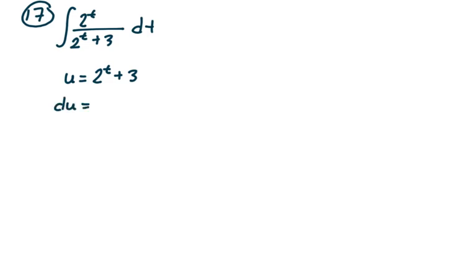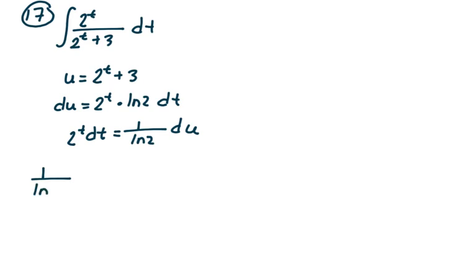So du is 2 to the t times natural log of 2 dt. Now, divide both sides by natural log of 2. So 2 to the t dt is 1 over natural log of 2 du. And so from here, we're going to take 1 over natural log of 2 times the integral of